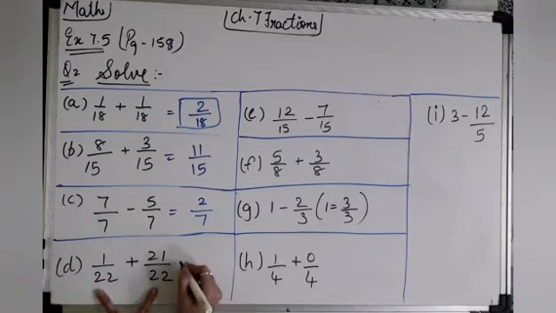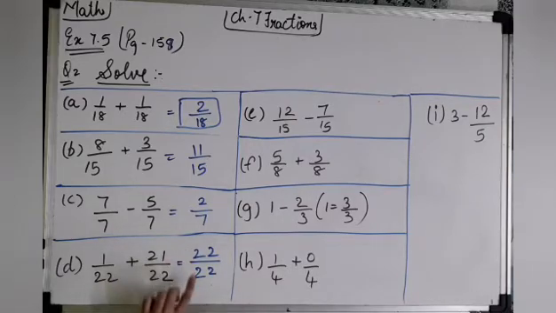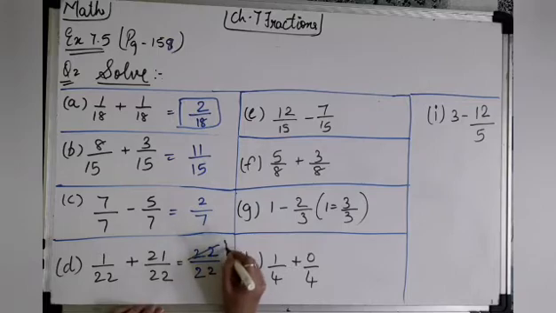22. So I'll write in denominator 22. So 1 plus 21. 1 plus 21 means what? 21 plus 1 is 22. Right? So 22 upon 22, what you can write? 22 ones and 22 ones. So we got 1 upon 1. So 1 upon 1 means equals to? It is equals to 1.